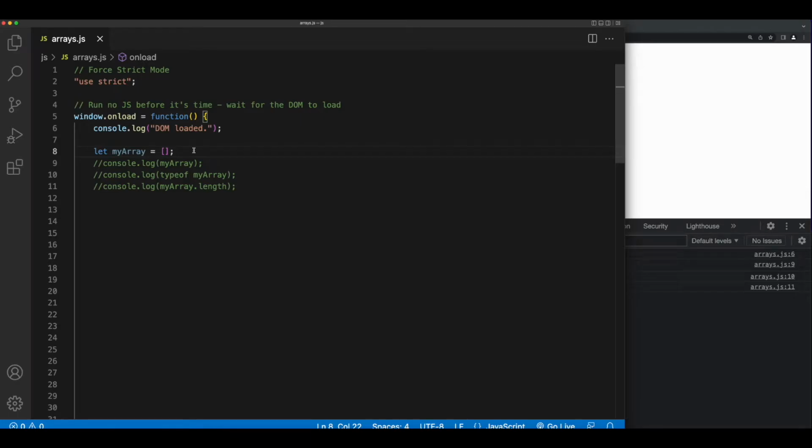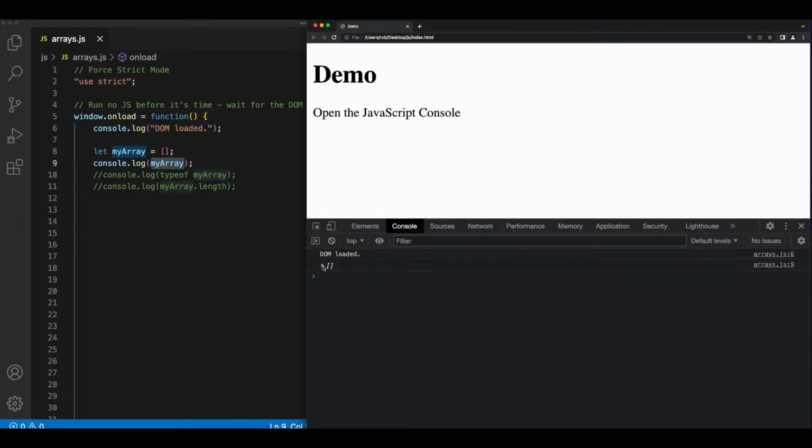Welcome back. In this video, we'll continue to use loops to traverse arrays and objects. As a refresher, we create an array in JavaScript using the square bracket syntax. Here, I've created an empty array named myArray. It's empty because there are no values between the square brackets. If I console.log the value of my array, we see the empty square brackets telling us this is an empty